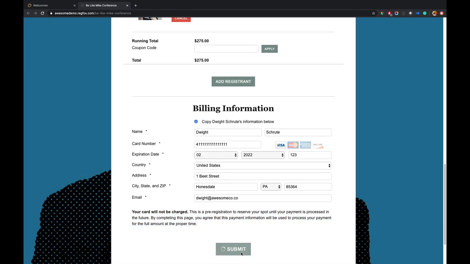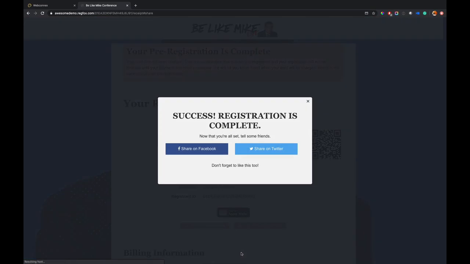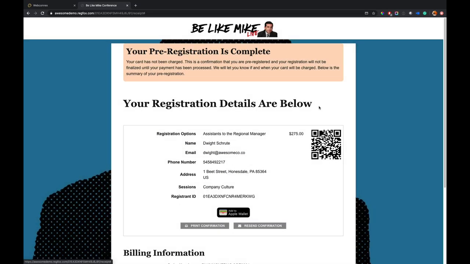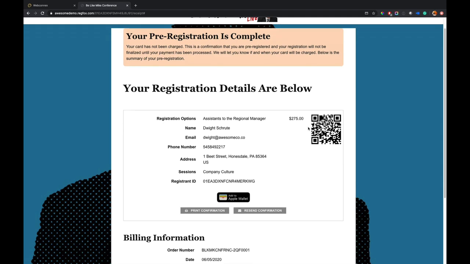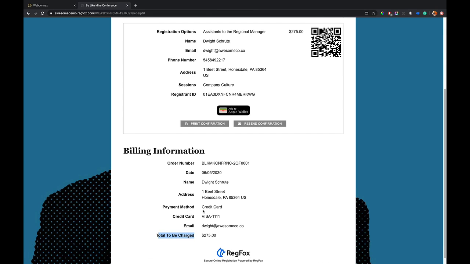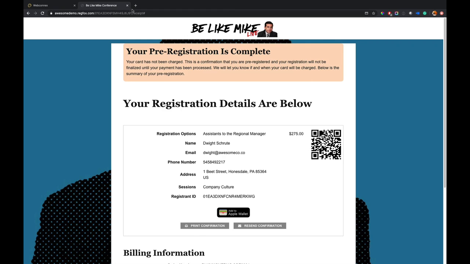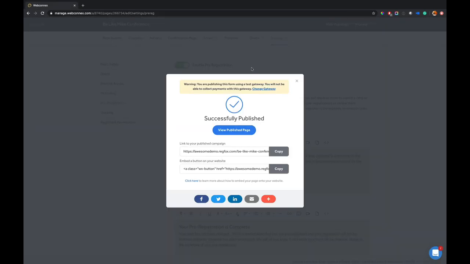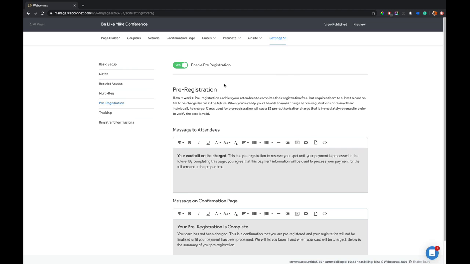So I'm going to submit, and that is going to give me a success message. And I'm told that my pre-registration is complete. Again, tells me I've not been charged. My registration details in here. And then what we have down here is also total to be charged. So everywhere we're trying to communicate this is in the future. So there's my registration information. And then I can close back out of here,